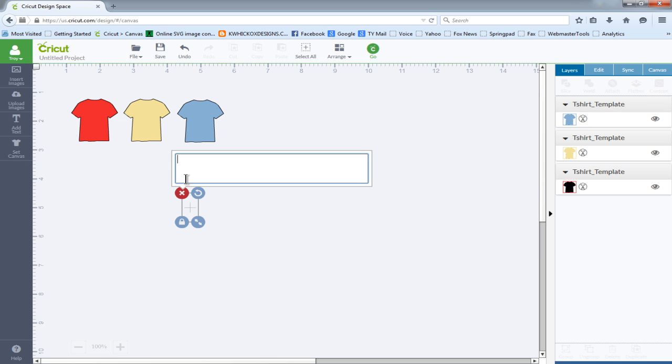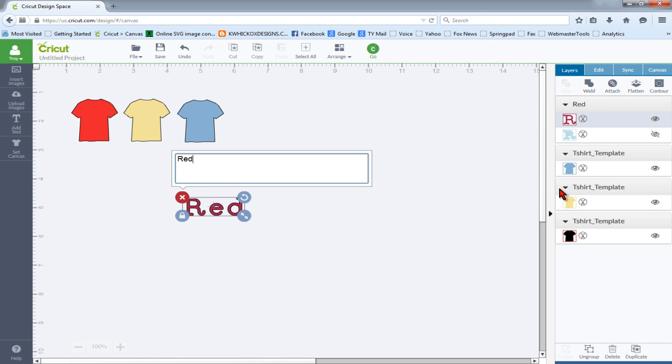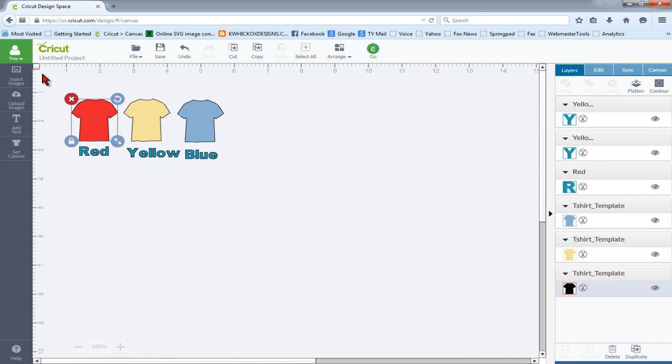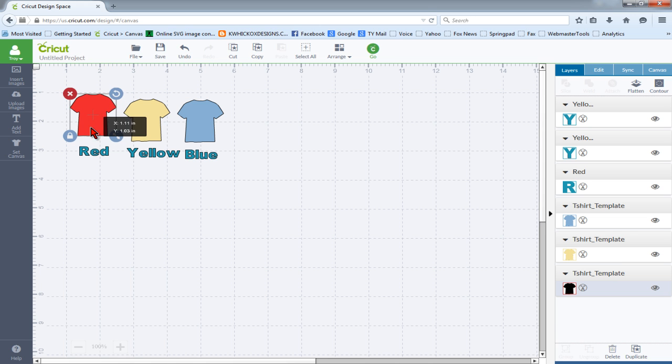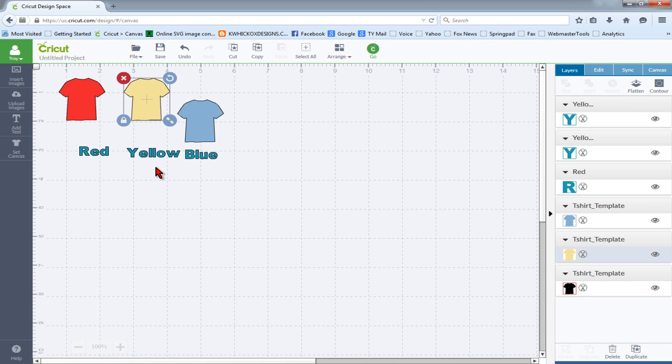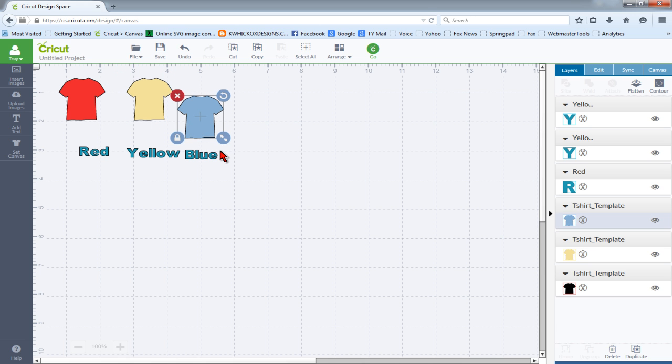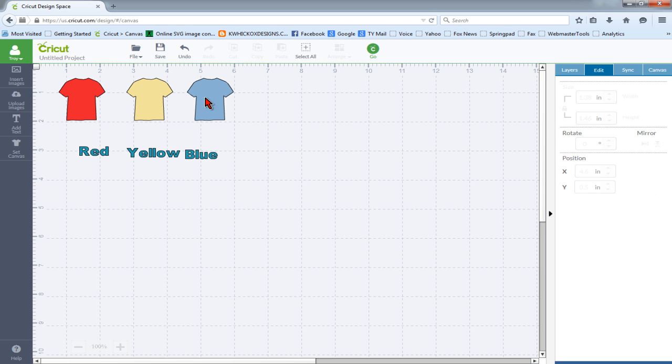Of course, we can add text to label them, and for proper alignment, we can turn on our grid and place the items. And we can use our arrow keys to move the objects around to ensure that they're aligned properly by the grid. You can also click an object and use the edit panel with the XY coordinates for proper alignment as well. And now we'll turn off our grid